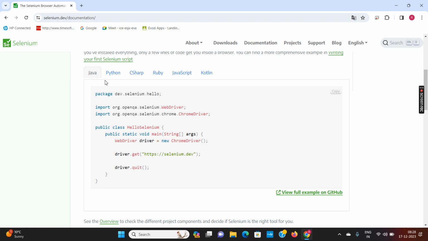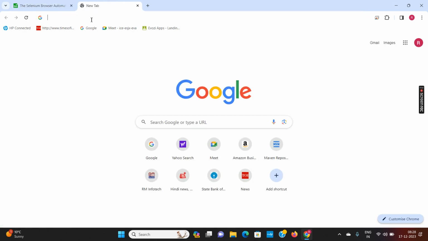And the second question that comes to the mind is that if the project I am automating is a Java project, then I will use the Java language. But if it is not a Java project, it is a Python project or C Sharp project, then I have to automate using C Sharp. Then I have to learn multiple languages. The answer to the second question is that we are doing black box testing. We are not doing white box testing.